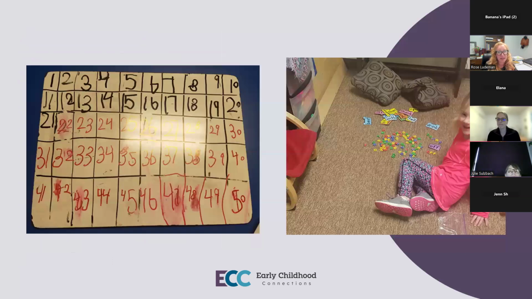Love it. Yep. So data is very important, and it can be as simple as anecdotal notes. If you don't have a current assessment tool that you're using, or even in the infant toddlers, if you're just doing a milestone checklist, these are just some quick pictures. I'm not going to dive into them, but we talked earlier about meeting each child where they're at. If they are still working on tracing lines, meet them there. But if they want to be challenged and they want to write 1 through 50, like Sydney's oldest, then you meet them where they're at. So you need to make sure that you pay attention to their developmental needs and what they are expressing interest in.